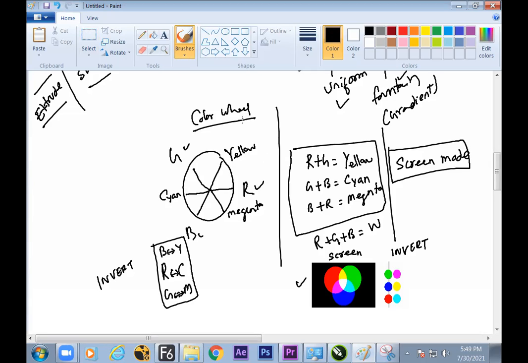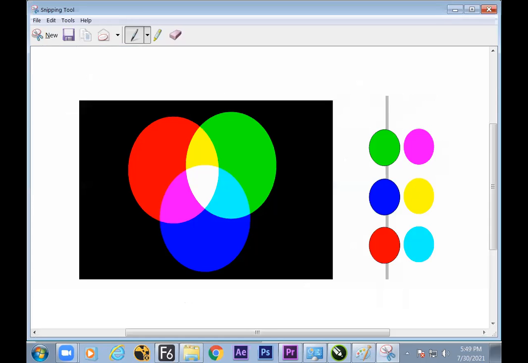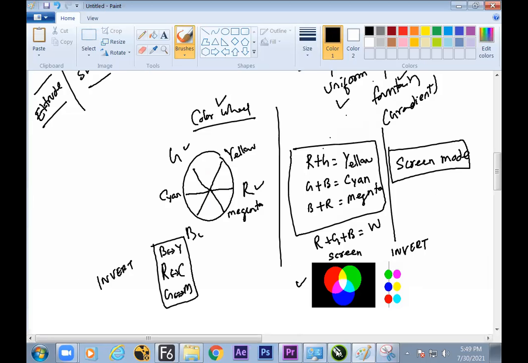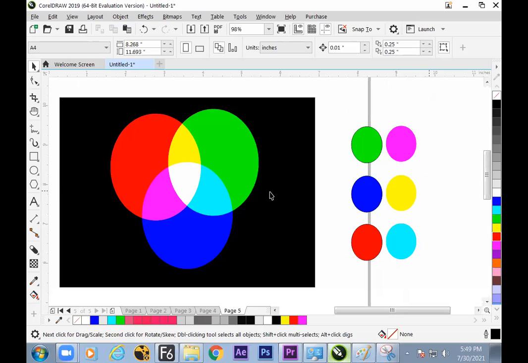So here is the summary of what we have learned: the color wheel and the position of the colors, primary and secondary colors formed from it, blend modes and the math behind the modes. And we have seen screen and invert mode instantly. Is it okay? So now we have seen the digital color wheel and how the colors mix with each other. Now again back to the screen.